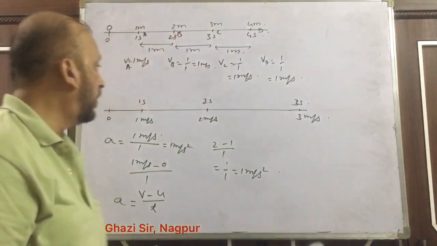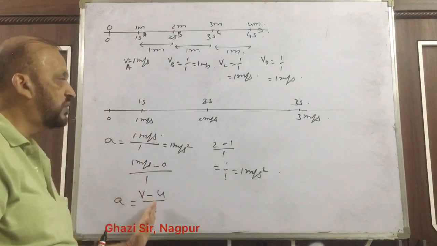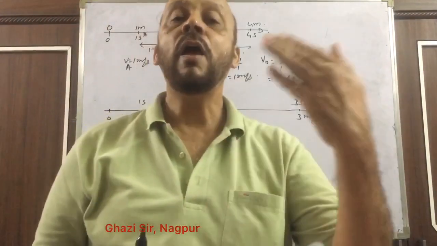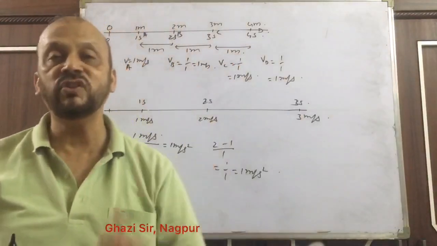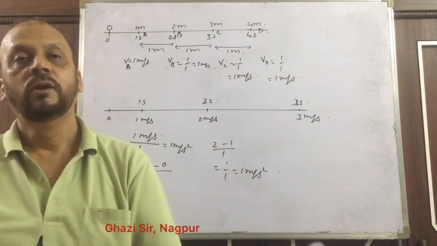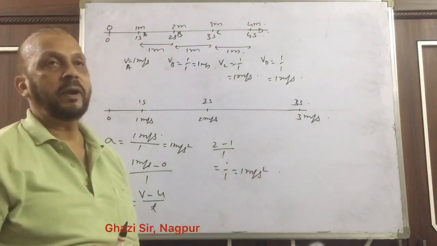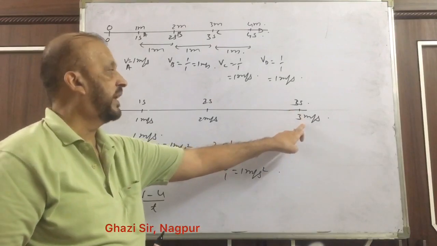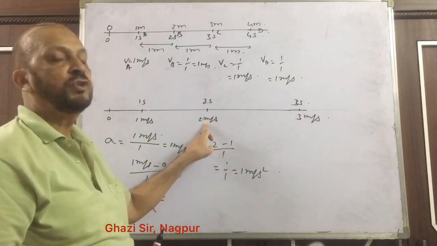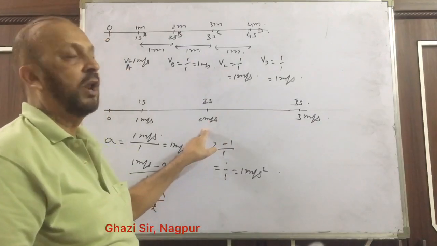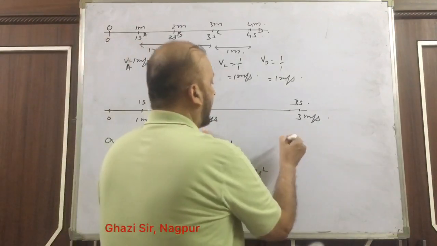तो यहाँ पर एक्सेलरेशन इस पॉइंट पर आया था 1 मीटर पर सेकंड स्क्वायर, यहाँ भी आया 1 मीटर पर सेकंड स्क्वायर. That means after every 1 second, speed is increasing at a rate of 1 meter per second square. At this point, if we calculate, velocity is 3 meter per second and here it is 2 meter per second. So between these 2 points, difference of velocity is 3 meter per second